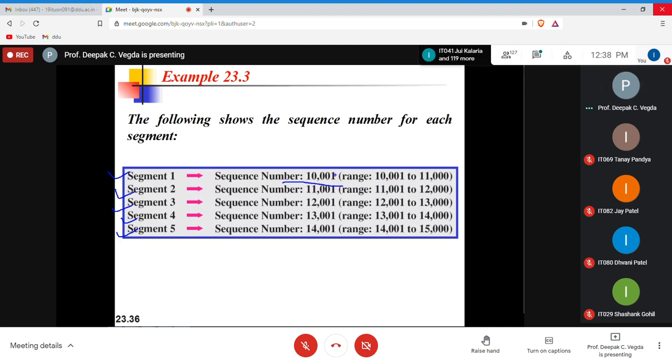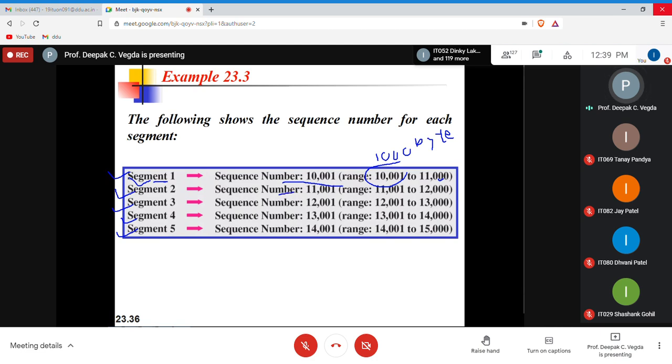10,001. In your segment, 1,000 bytes are there. It consists of 1,000 bytes, and every byte will be numbered by TCP. So the first byte will have number 10,001, the second byte will have number 10,002, then 3, 4, and 11,000 as the last byte. When you represent this segment, you say that the segment number is the number of the very first byte of this segment, which is 10,001.